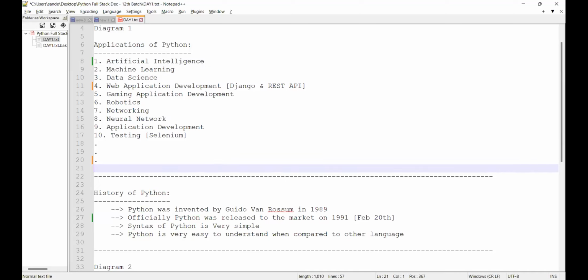Which one is comfortable? Do you want me to use Notepad++ or do you want me to use Notepad? Which one is comfortable for you? This is Notepad++. I'll show it. Just a minute. Wait, I'll just open Notepad also. You just compare both. That means the visibility of the text and the look and feel of the application. Which one is comfortable? This is Notepad++. Wait a minute, I'll just open Notepad also. The same notes I'll open, I'll not open any other notes.